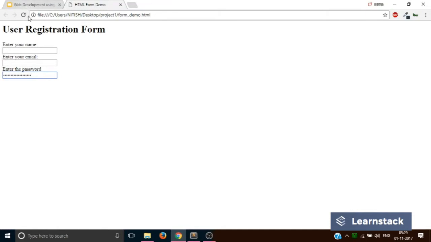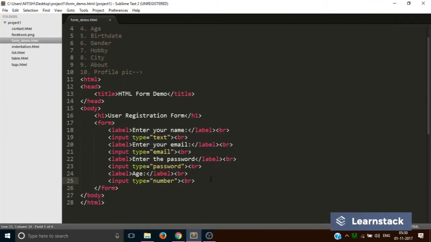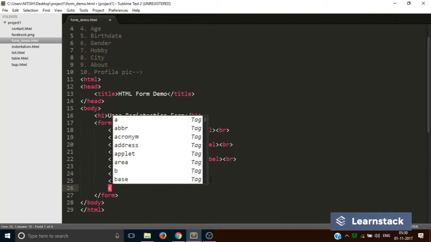Go to Google Chrome, reload. And now over here I'm trying to type some characters, but I'm not able to because the number attribute has been set. Instead, when I type a number, I'll be able to write that. You can also increase or decrease using these arrow buttons. Great, right? So now the next one is